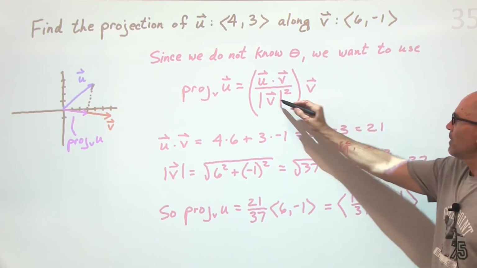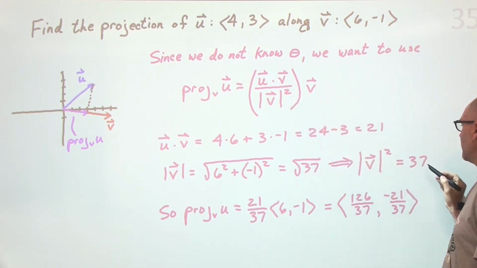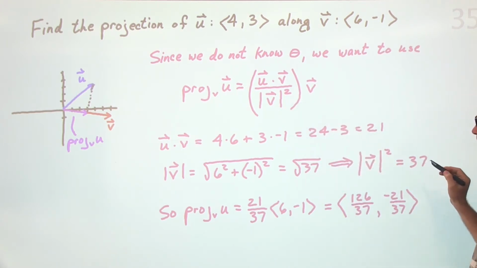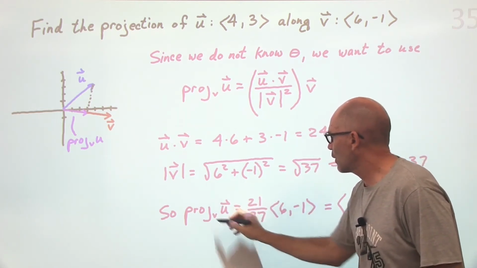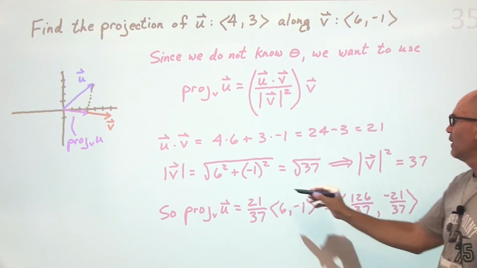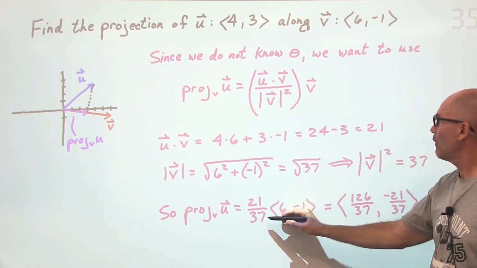Well, the magnitude squared is just going to be plain 37. All right, so the projection of u along v is 21 over 37,